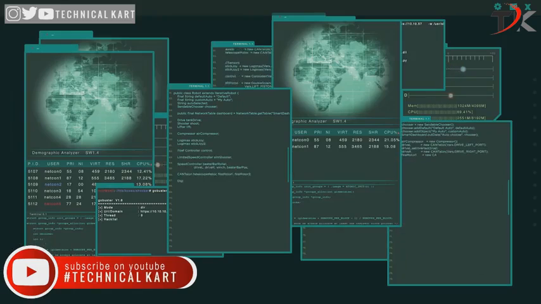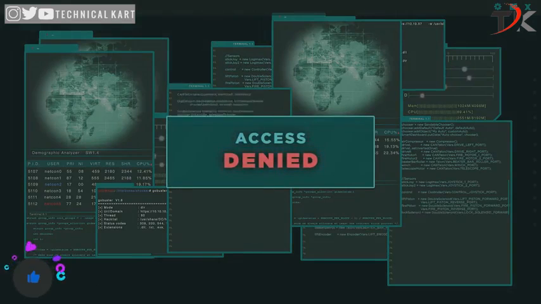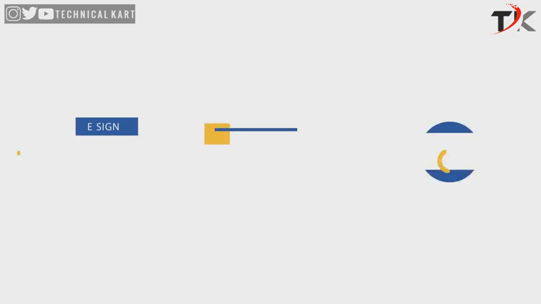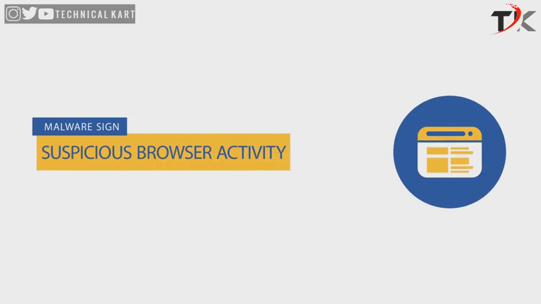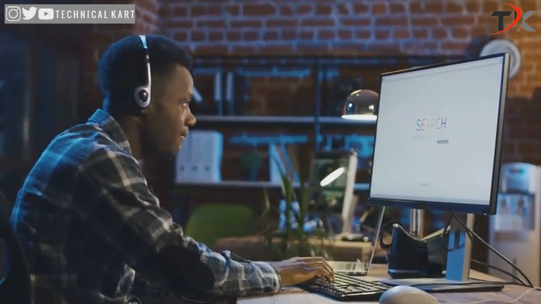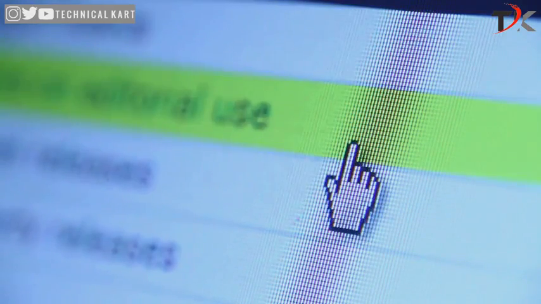Malware may also lead to access denial. Some malware might deny access to certain settings and files on your computer that you could have easily accessed before. In a more severe case, you will be locked out of your system. Another important sign to look out for is suspicious browser activity. When this happens, you'll notice that your browser's homepage keeps switching to another website. You're repeatedly redirected to a different web address than the one you initially accessed,